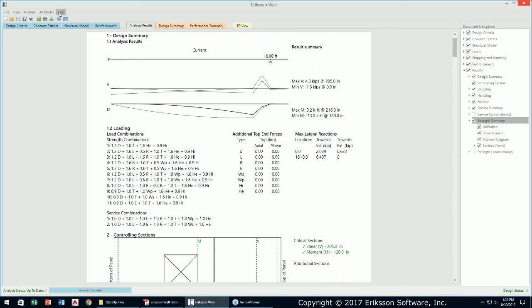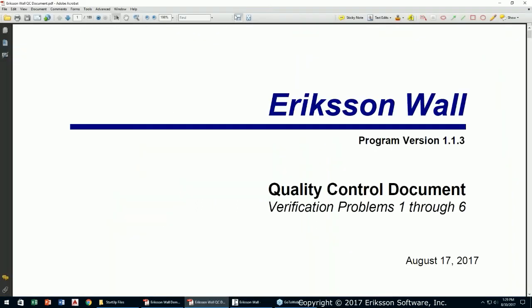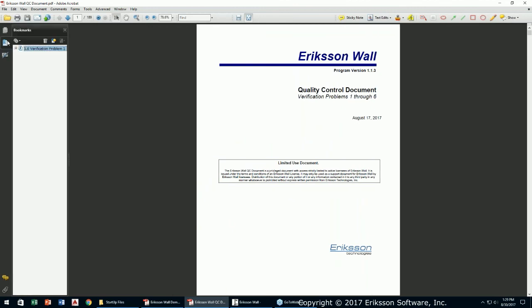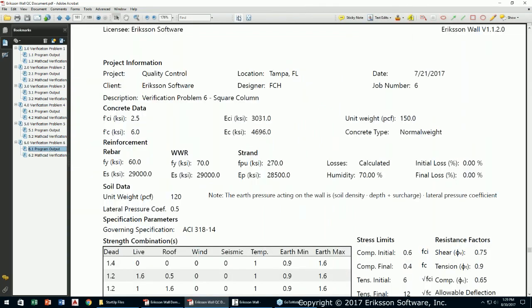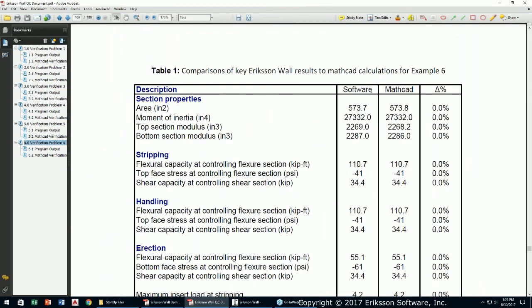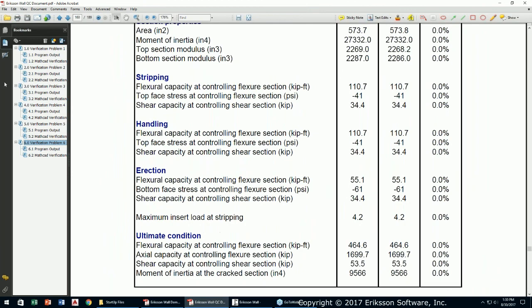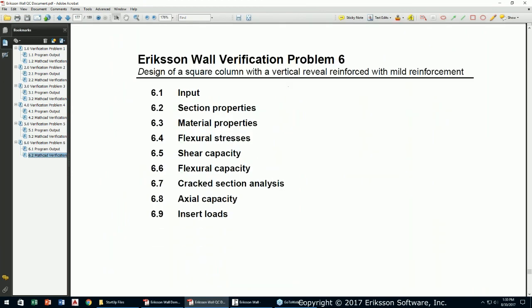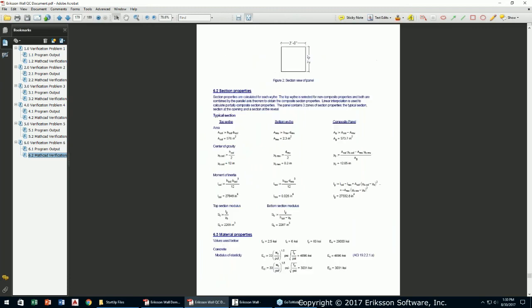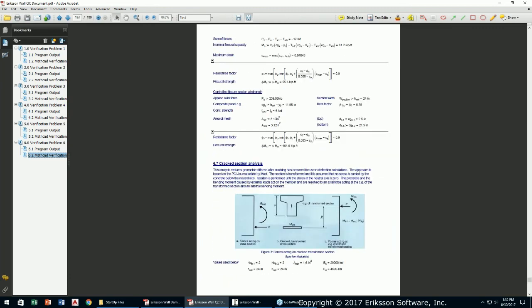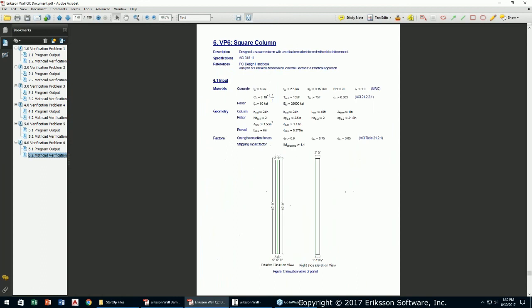So one more thing before we wrap this up that I'd like to point out is our quality control document, which you can get to by going to Help QC Document, because our QC document is a document that contains 6 fully worked out hand calculations. And for each hand calculation, we give our software's values, the hand calculation values, and a % difference. So for any of these numbers, you can go in, and if you want to know how we calculate it, you can just go to the MathCAD